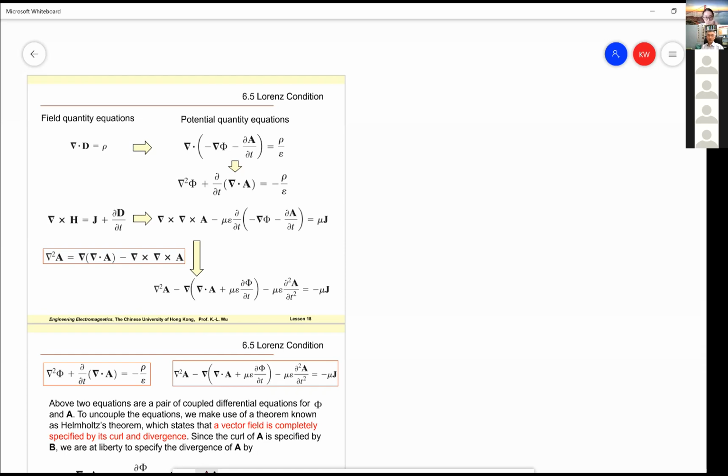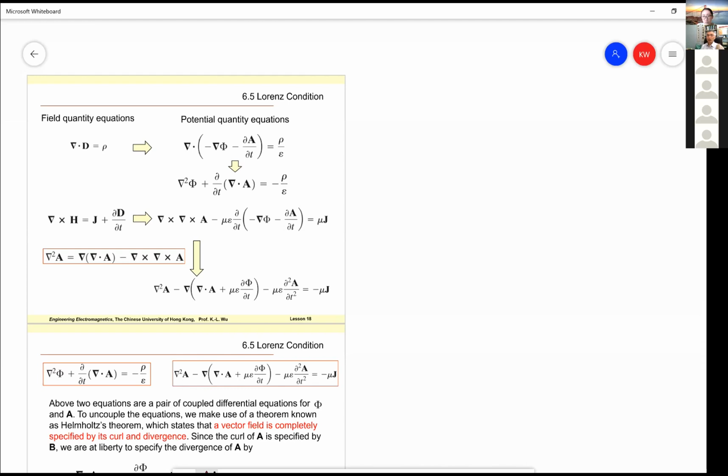At the end, you will say that introducing a potential function brings us great convenience in solving electromagnetic problems. Then we discuss one example, the radiation of a very small current dipole, a very small piece of current that generates an electromagnetic field. What is the behavior of this electromagnetic field? To answer the first question,